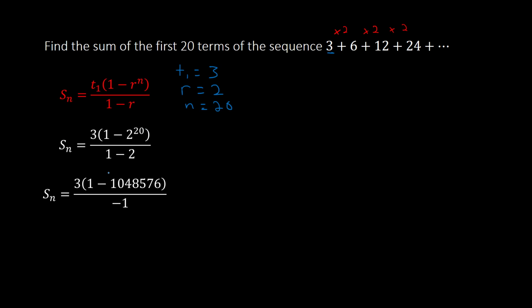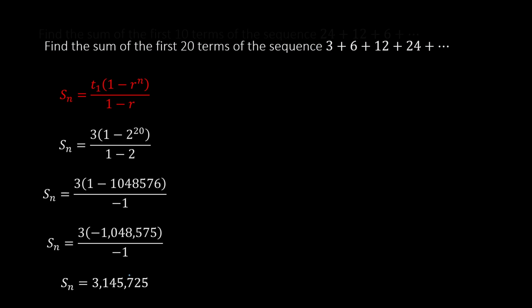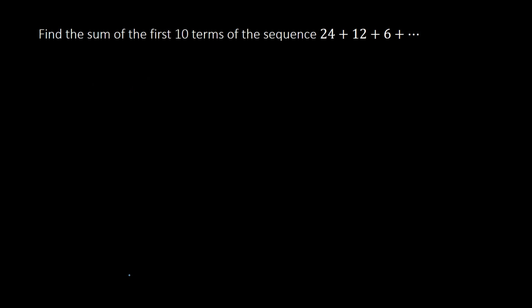2 to the 20th power would be this number. We subtract, we get a negative 1,048,575. Multiply by 3, divide by negative 1, and we get 3,145,725. Now looking at the same series, except going the other direction where the numbers keep getting smaller,